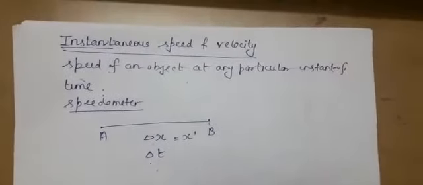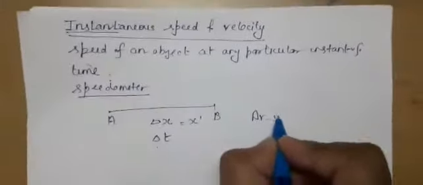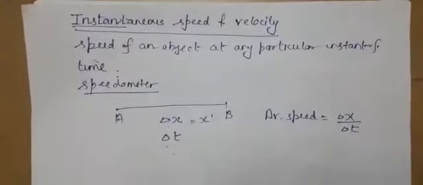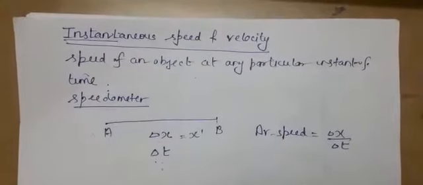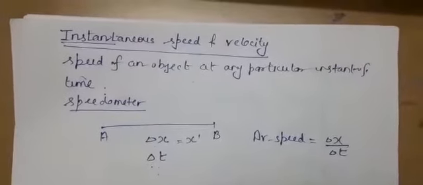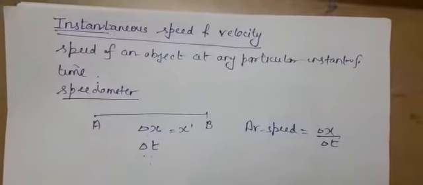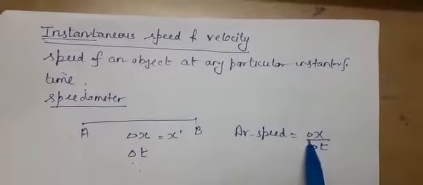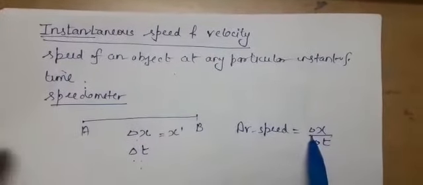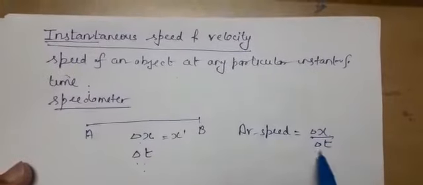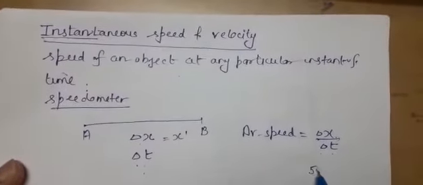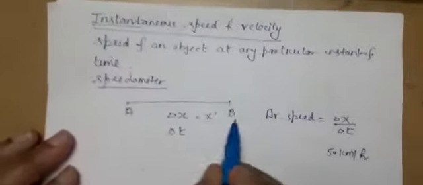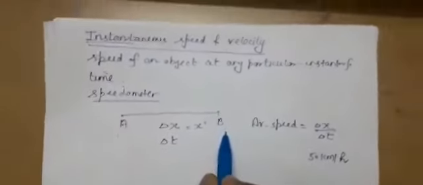Now if we have to calculate average speed, as we have already introduced the concept, suppose you have to go from Sonipat to Delhi and you take a time of 1 hour in covering a distance of 50 km. Let us take this example. The distance covered from the station of Sonipat to the station of Delhi is 50 km, and it has been covered in 1 hour. So the average speed was 50 km per hour. This is when the 2 points are far apart from each other.